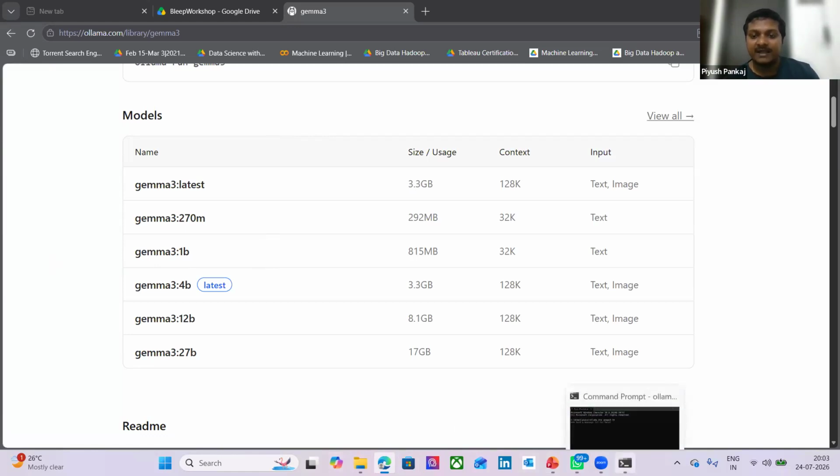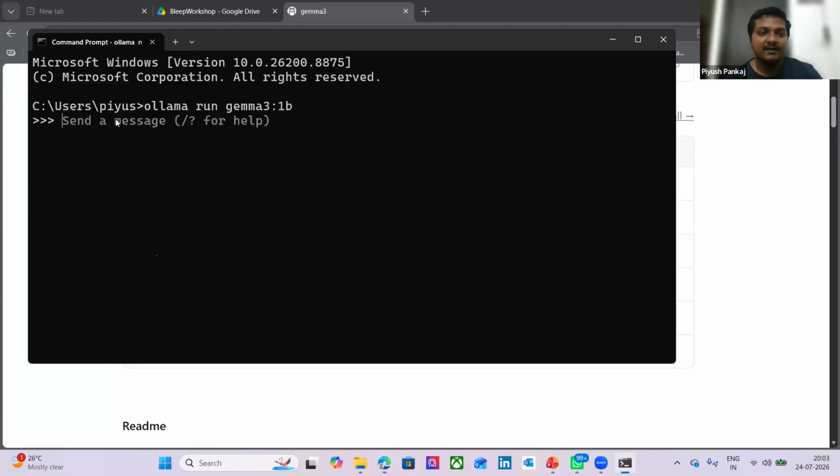Okay, let me just come back over here. Now you can see it started running. So I can ask it to write a program to calculate